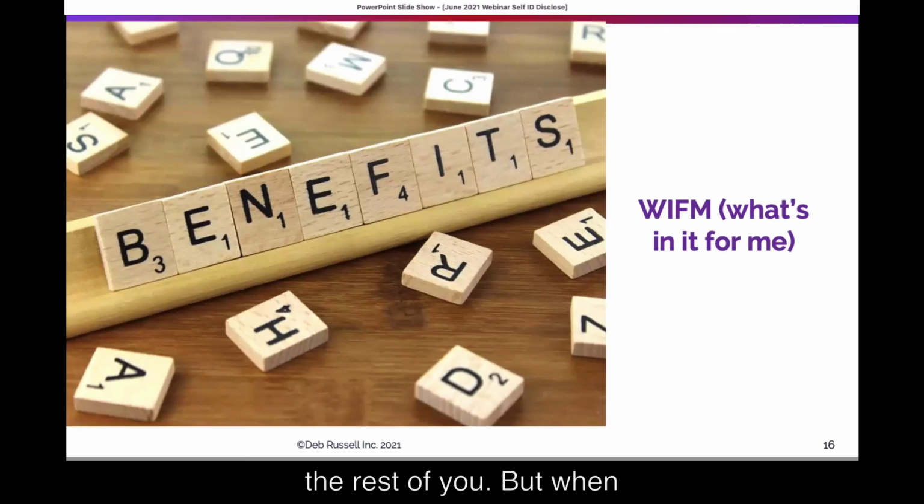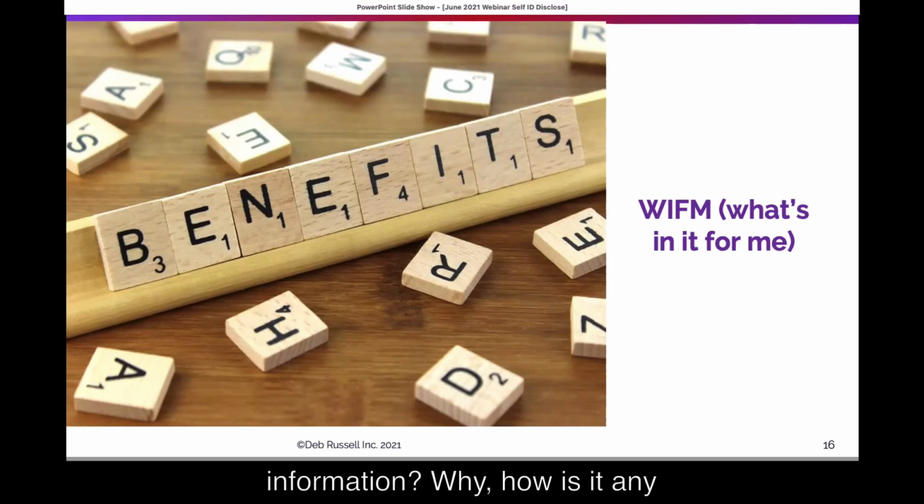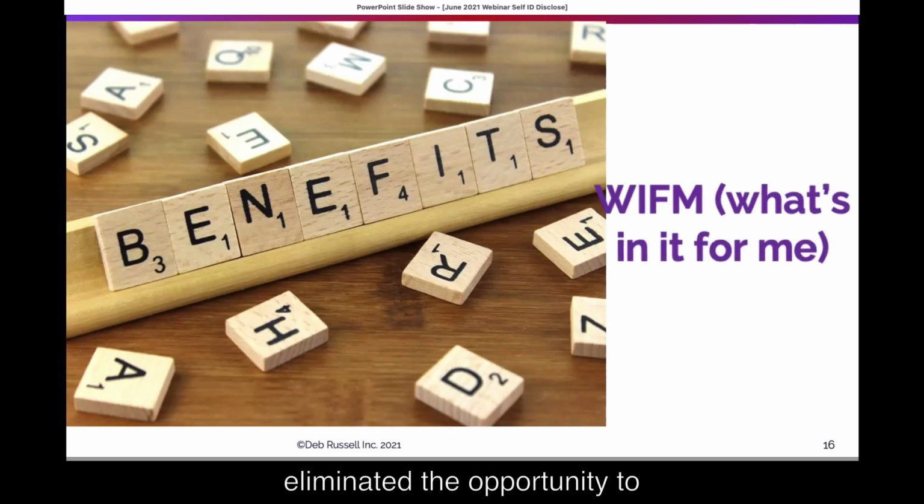we are now relying on our employees and our applicants to apply. And I don't know about the rest of you, but when somebody asks me if I have a disability, I want to know what's in it for me. Why should I give you this information? Why, how is it any of your business? This is my health information, whatever my reaction is. What I want to know is, where am I going to get a benefit in this? And the self ID process has definitely eliminated the opportunity to give somebody that response right when you're asking the